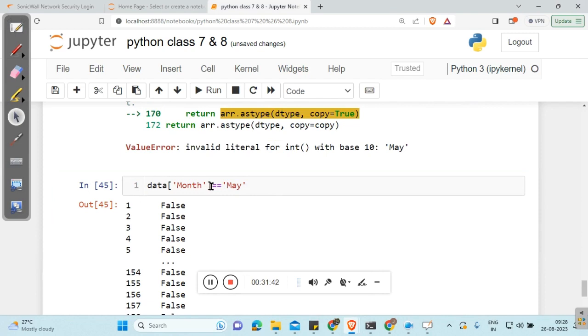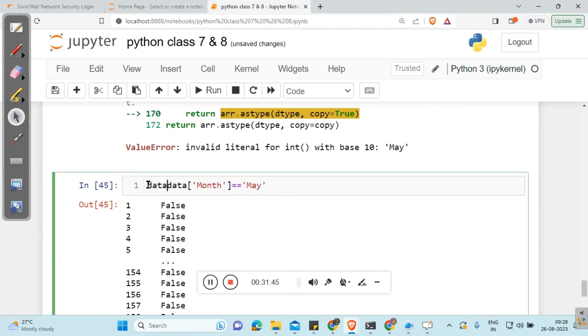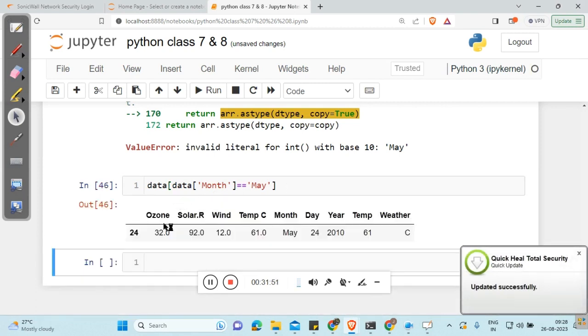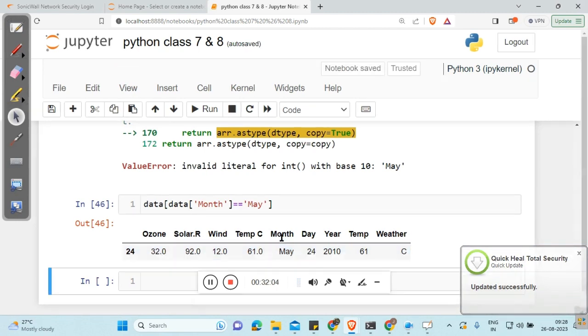True, false. Now I want to see at what location this particular thing is present, then pass this into the entire data set. So you will get the exact location of True only. At the 24th location in month, May is mentioned as text data. That is not acceptable, and because of that particular entry, your entire data is converted into the